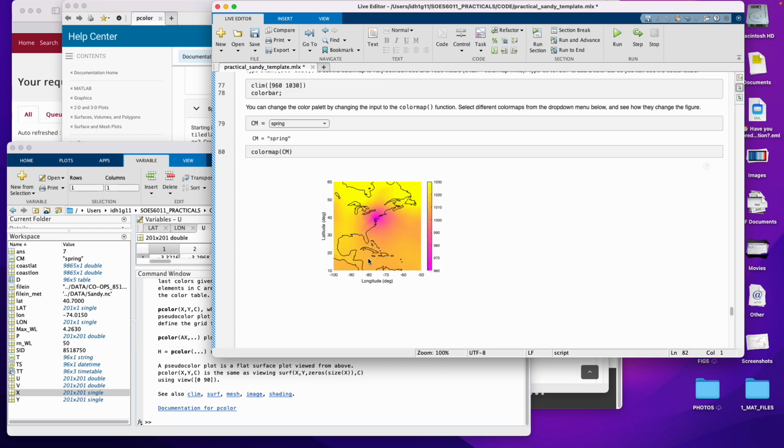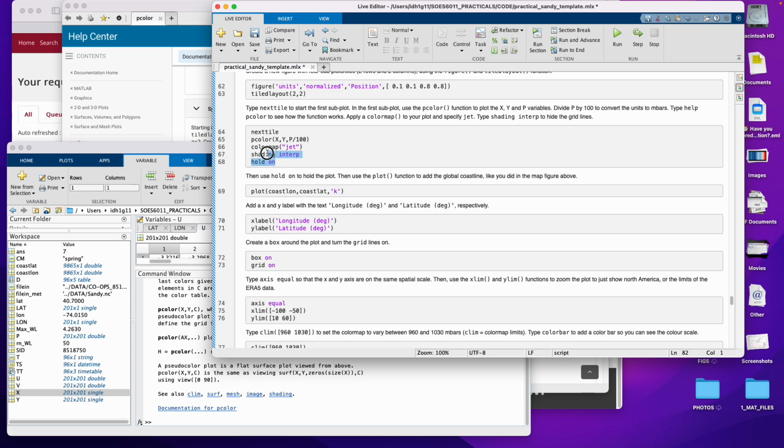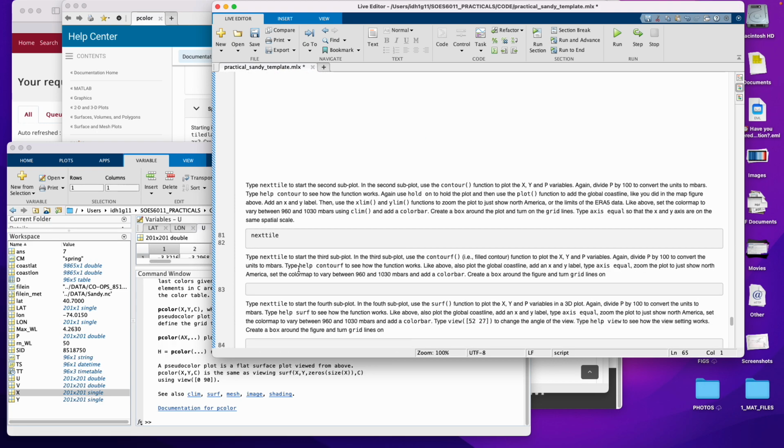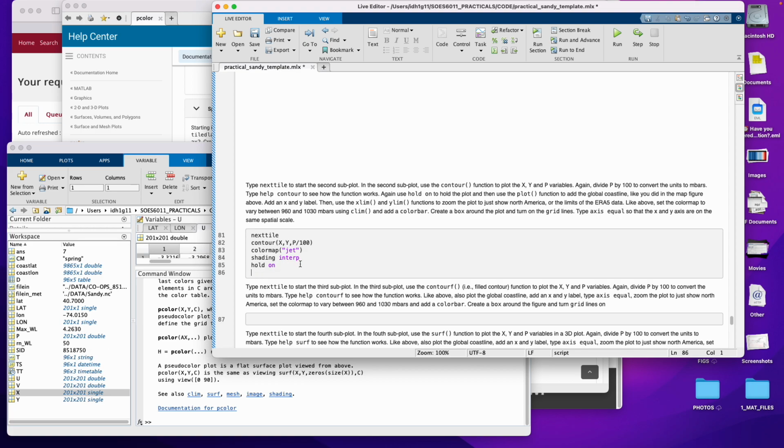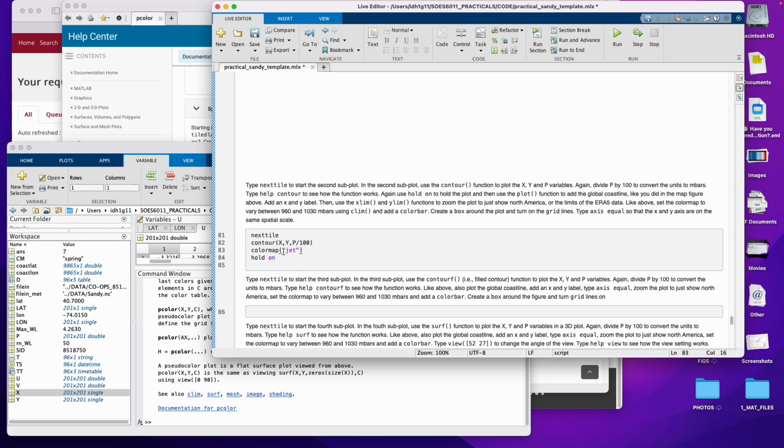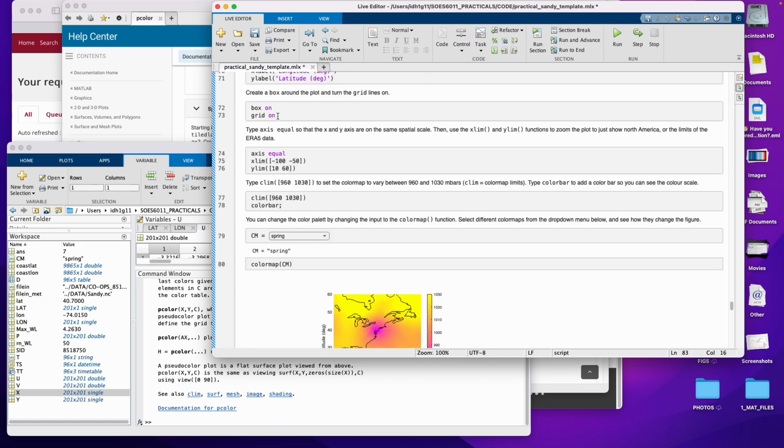Okay, and now we're going to do another plot, so I'm actually just going to copy and paste this. But this time, rather than using pcolor, we're going to use contour, which looks a bit nicer. I don't need shading interp now. Again, I'm going to divide by 100 to get to millibars. I'm just going to copy all of this code again,